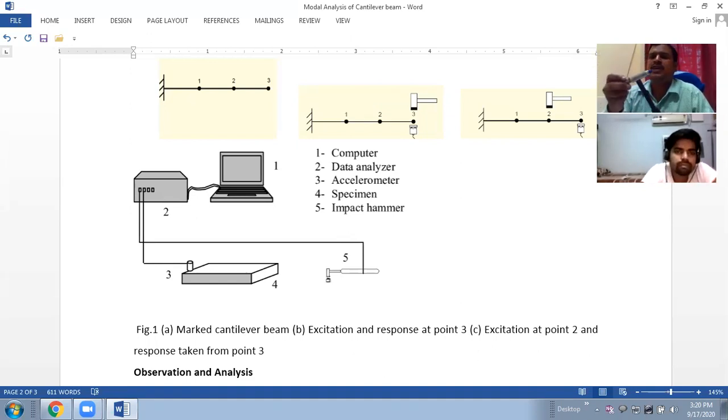Then we have a sensor. Here is my sensor. If you can see, this is a PCB sensor. This is the PCB sensor here. This one is a PCB sensor. Now this is a BNC cable. I am connecting it with my